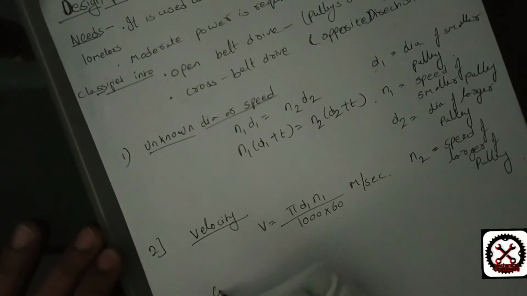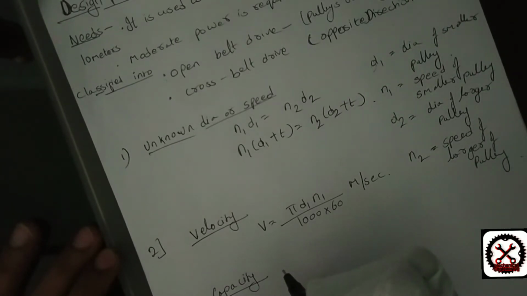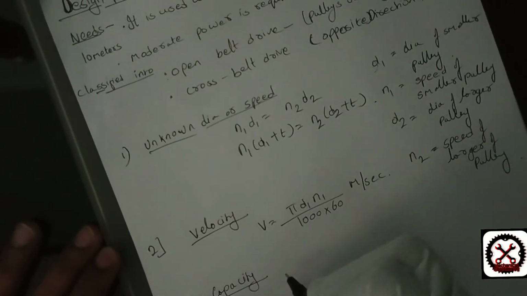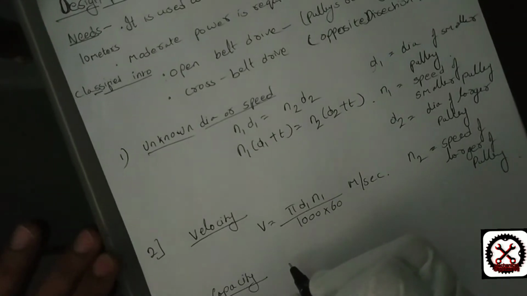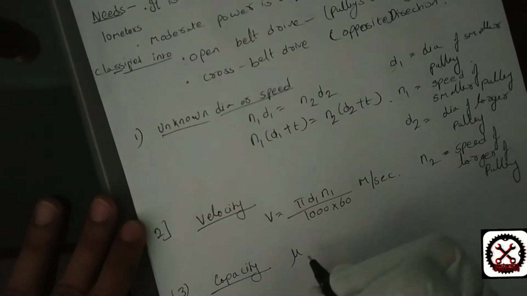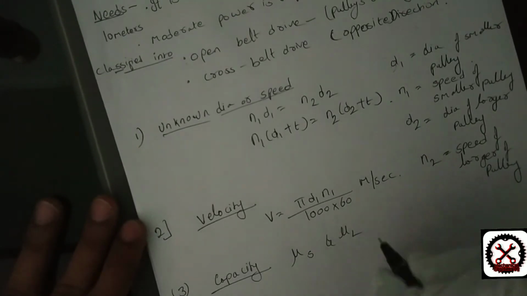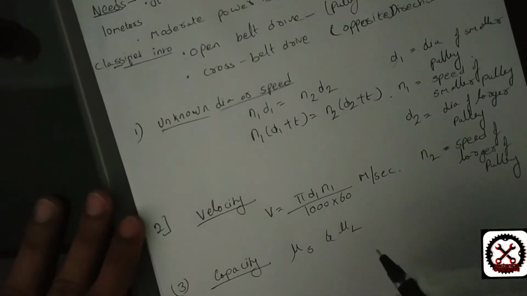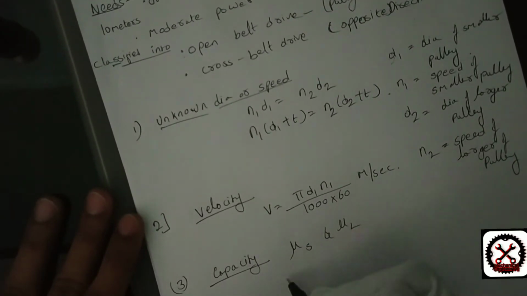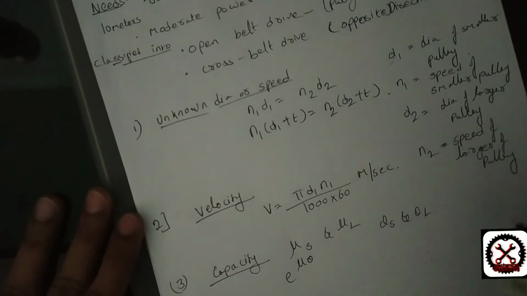Third, we find the capacity. To find capacity, the coefficient of friction will be given in the question. If they give coefficient of friction separately for smaller pulley and larger pulley, then we have to find the value of e power nu theta, where theta s and theta l will be given